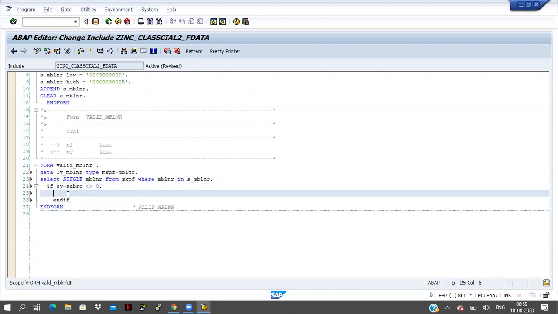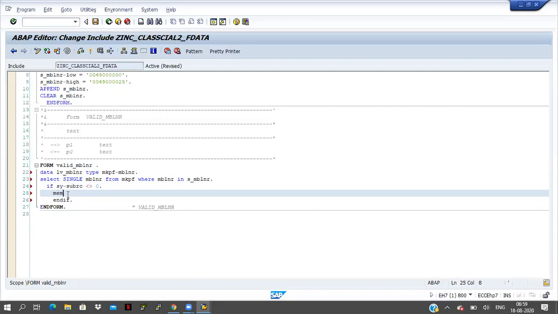If the above line is not executed successfully, meaning the range values are not available in MKPF table, then I have to show one message here. After this program I will discuss messages only.